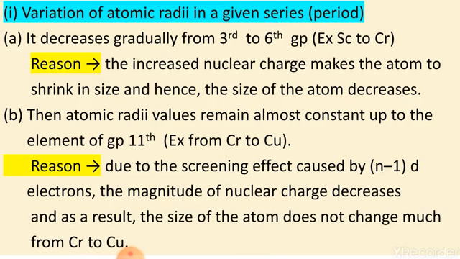So this I told you also in class 11 about the screening effect. That means as the electrons enter into d orbitals, one or more electrons are entering. So the last electrons are shielded by the inner electrons, which provide protection from the effect of the nucleus. So that's why here also the size, that is atomic radius, from chromium to copper is counterbalanced by nuclear charge effect. This is due to the screening effect caused by inner d orbital electrons.